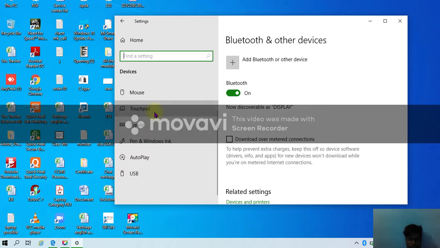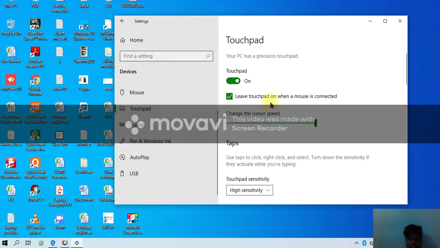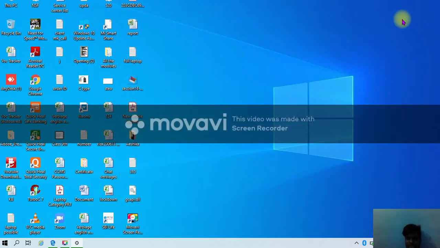Once you click on the touchpad option in the left-hand panel, the right-hand panel will show a toggle button that should be switched on to make sure the touchpad is working fine. Somehow it happens that this toggle is turned on and even then your touchpad is not working. So now we need to go to the very basic part of this video. We need to go to the device management option and check whether drivers are installed properly or not.